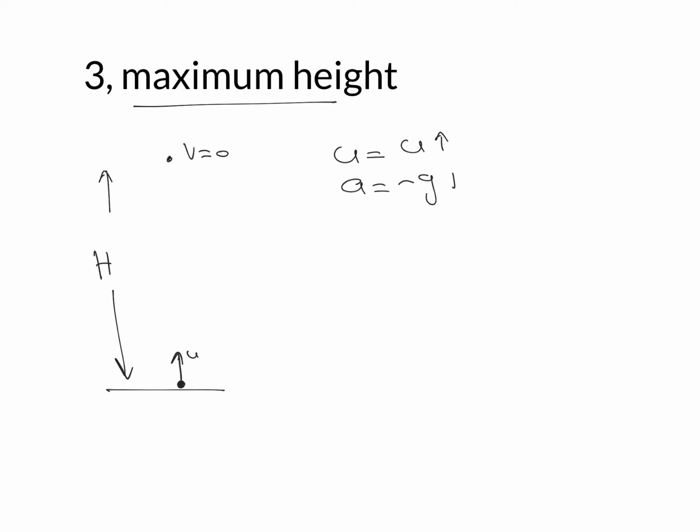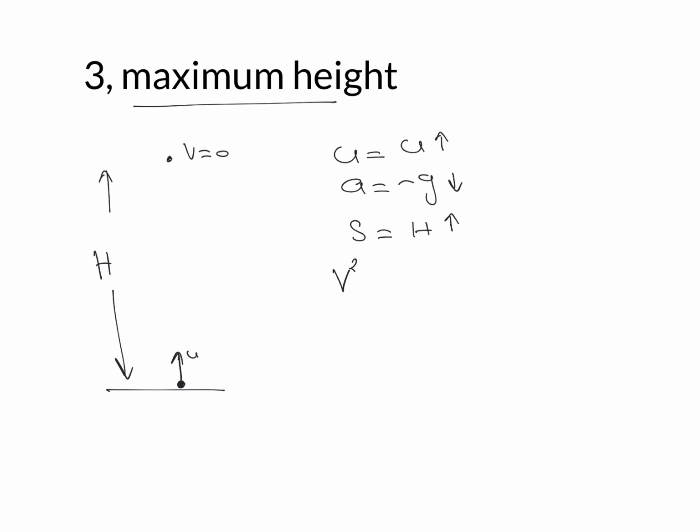Next part, we'll discuss how to find out the maximum height reached by the particle. So if a particle is projected in upward direction with a velocity u, and we know that at the maximum height its velocity v is going to be 0, our aim is to find out the value of this maximum height. So you can write the known parameters. u, we know that it is equal to u and it is in upward direction. Acceleration is minus g because it is in downward direction. Displacement is h and that is in upward direction. And our aim is to find out the value of h over here.